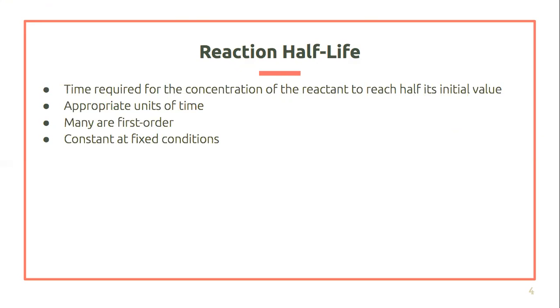So that means that if the half-life of some substance is 20 minutes, as long as the conditions don't change, if you start off with 100 grams, after 20 minutes, you'll have 50 grams. And then after another 20 minutes, you'll have 25 grams. And after another 20 minutes, you'll have 12.5 grams, and so on and so forth. The starting concentration does not drive at all